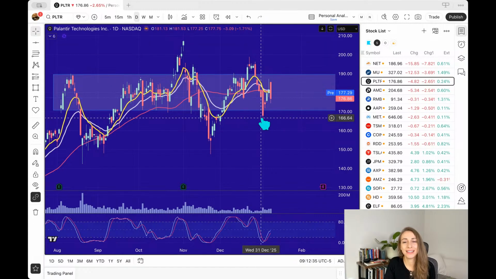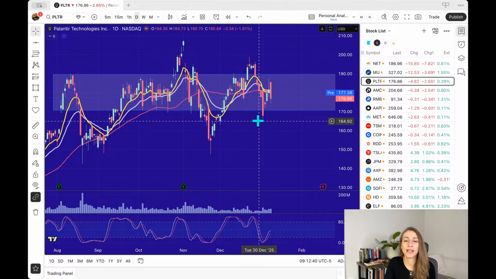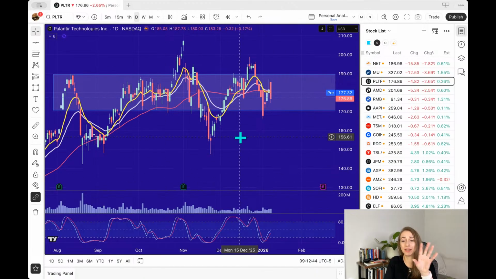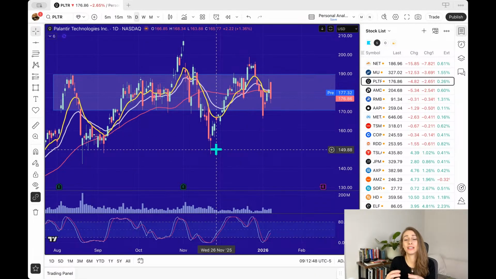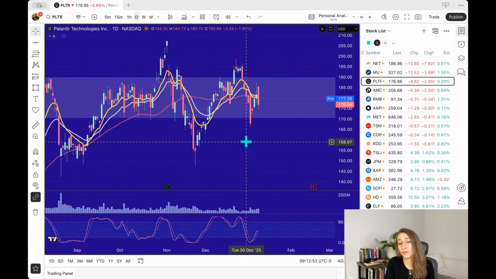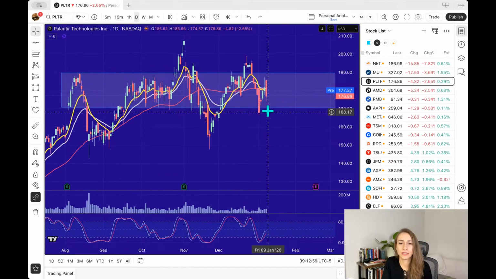then we have a lower high, and then we have a higher low. So it could be that maybe this is not rolling over, but maybe this is just consolidating, getting ready for a more sustained move. It could be to the upside, but we'll see, right? So right now it's just very volatile.